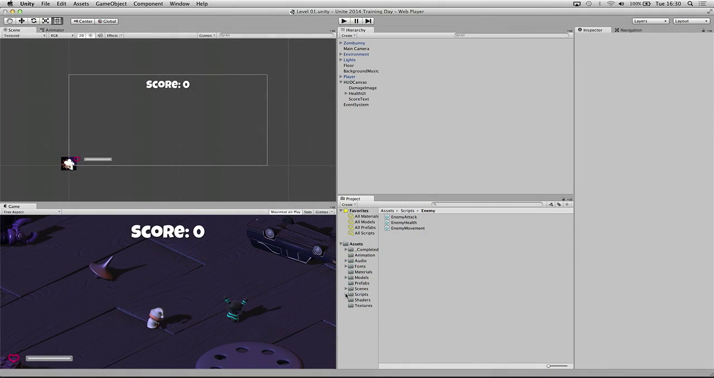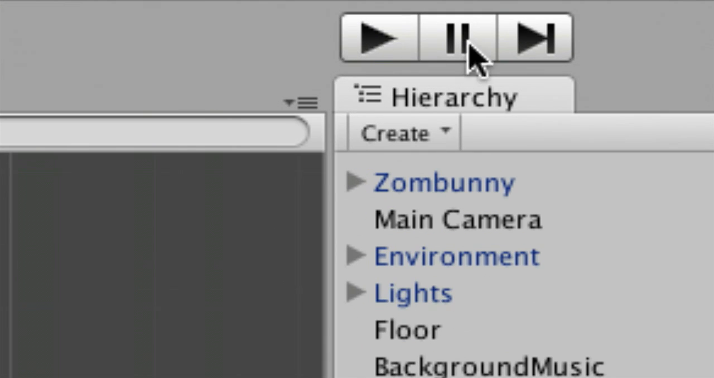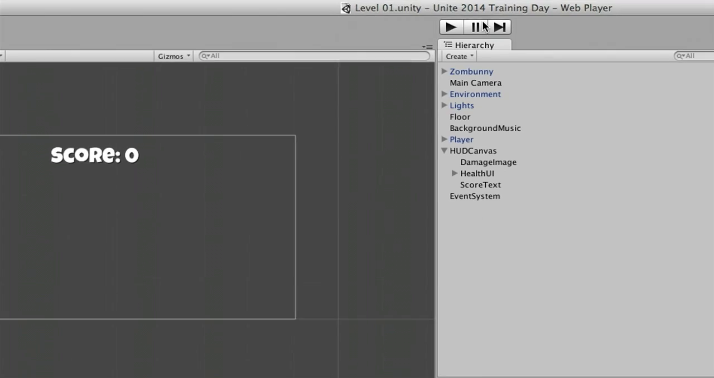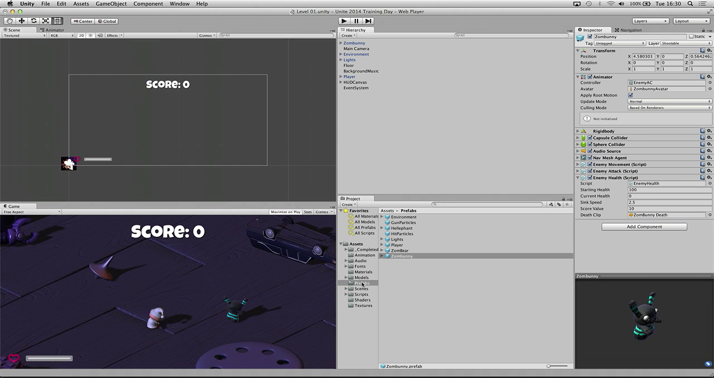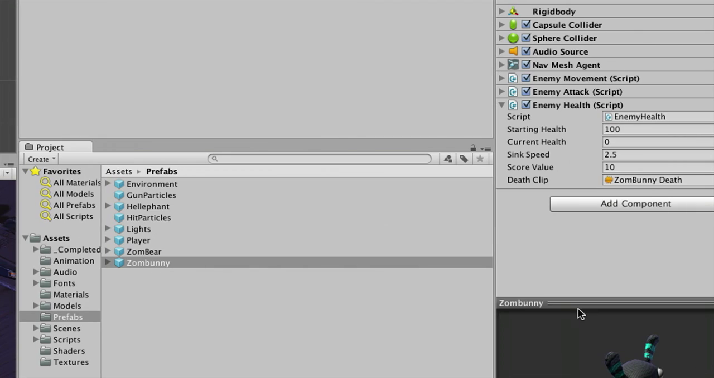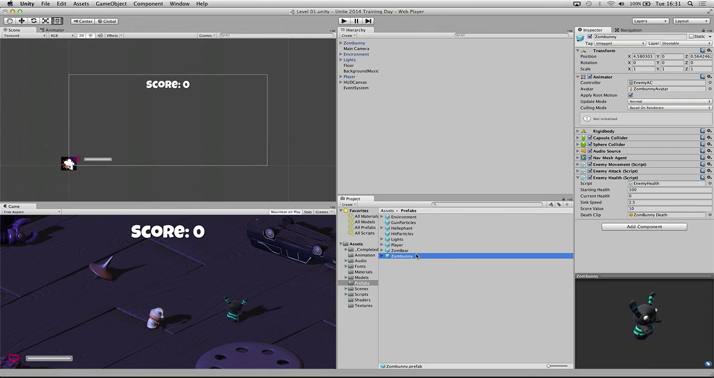So everybody make sure you've stopped play. So play is no longer on. It should be black at the top. No more blue buttons. What we're going to do is to select our prefabs folder in the project, and then grab the Zombunny in the hierarchy and drag and drop it into the project panel, either in the empty space or drop it onto the prefabs folder. Both of those will create the same effect. You will get a Zombunny prefab, which looks like this,